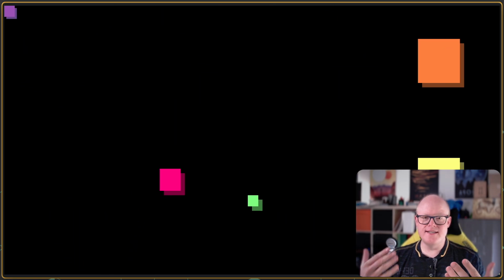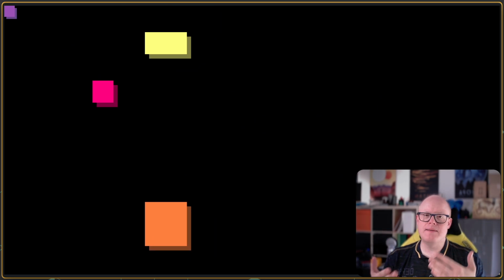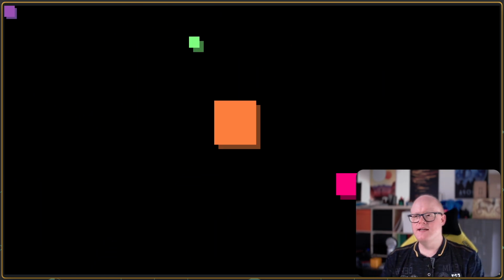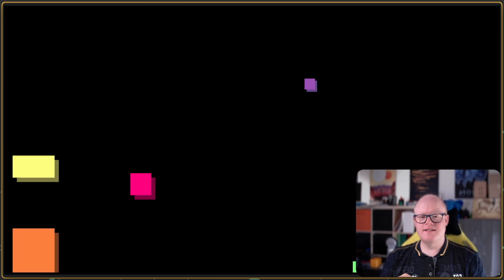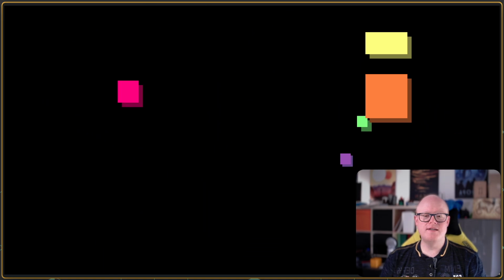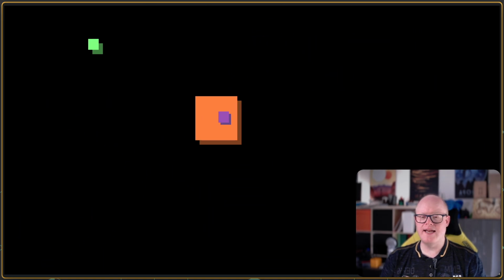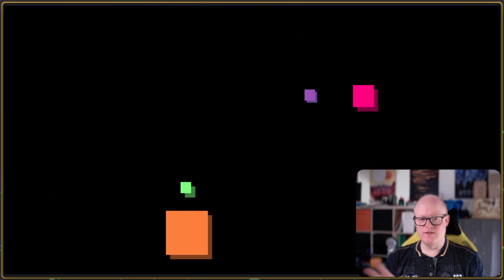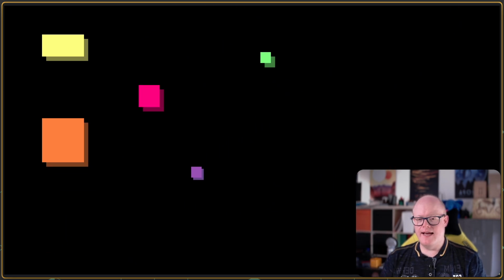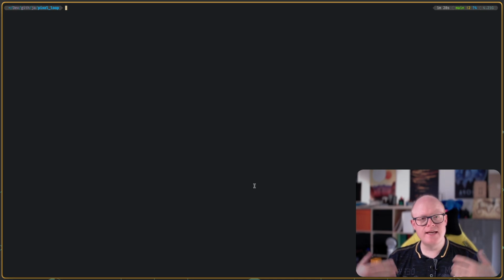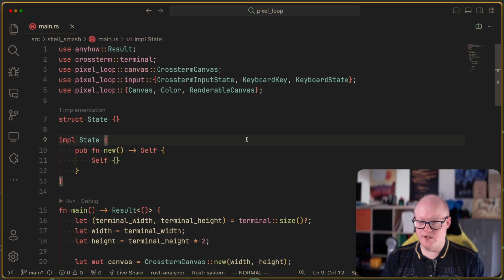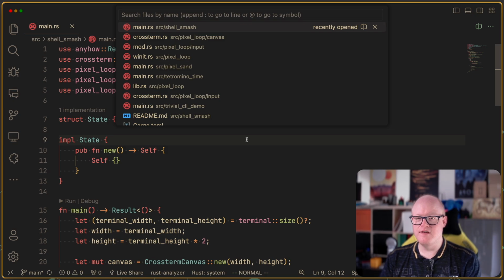So what I did off screen, because I thought it might not be very interesting for you, is I've implemented, as you can see by this violet box moving, user controls so that we are capable of using the keyboard to get events from that in order to move something around. And let me quickly show you how this actually works, and then we will get right into it and implement our breakout game. So let me quickly switch to Visual Studio Code